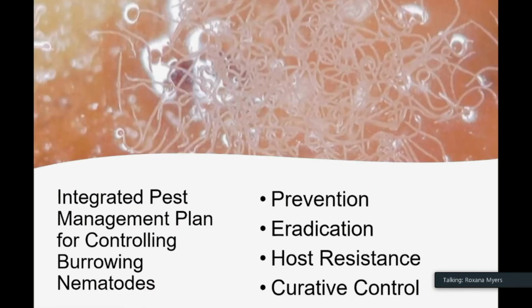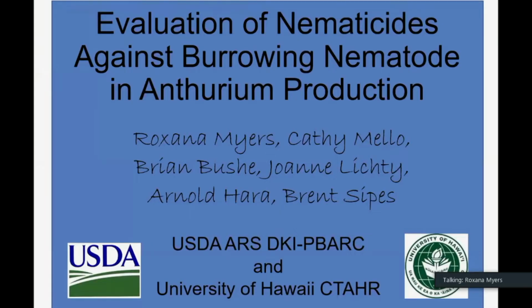So there is an integrated pest management plan for controlling burrowing nematodes, and this involves prevention, eradication, post-resistance, and curative control. Today we'll be focusing on the last two, and we'll start off discussing curative control methods. I'd like to share with you an experiment that was conducted at the University of Hawaii Extension Agency at the Waimea Experiment Station, where we'll be visiting tomorrow on our field trip. This was done in collaboration with Brian Bushe, Joanne Lichty, Arnold Hara, and Brent Sipes of the University of Hawaii